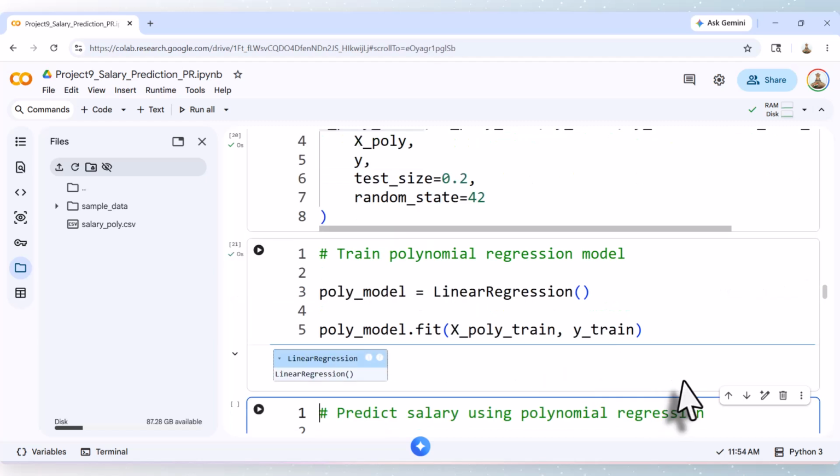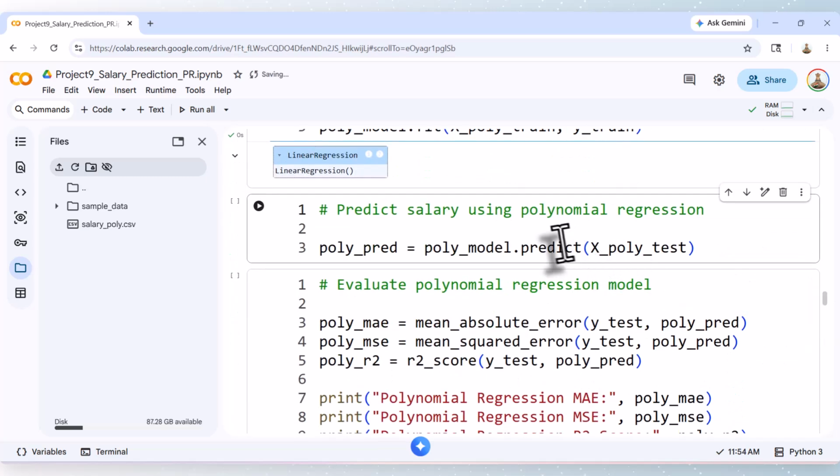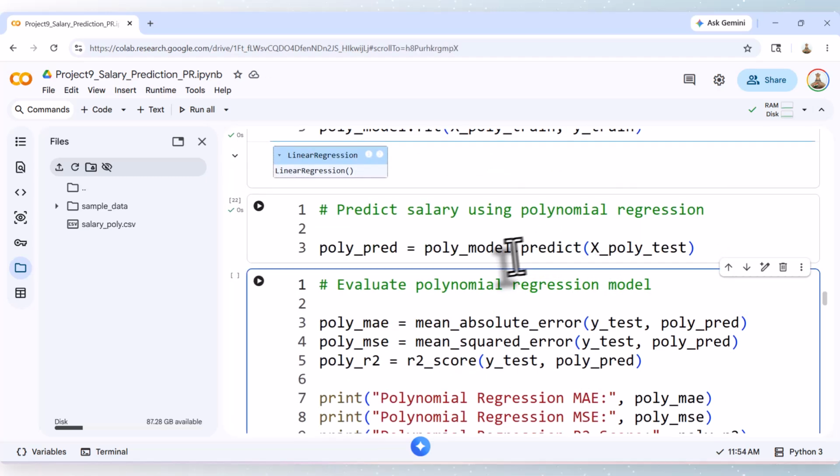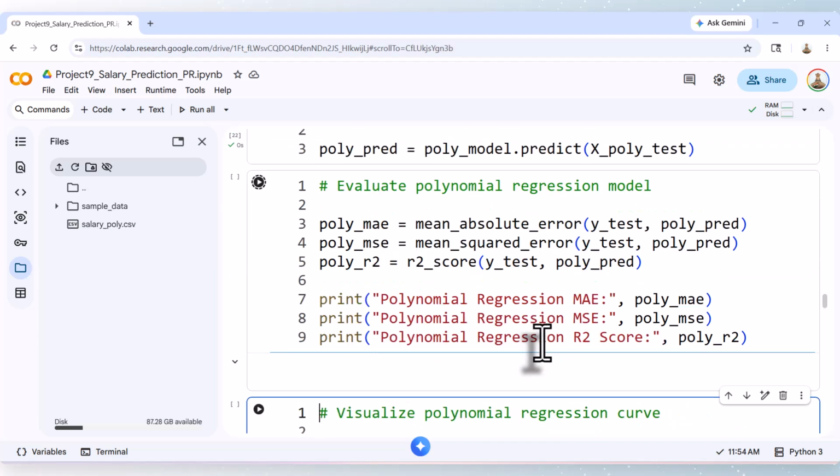Okay, now let us execute this cell. Now the model has trained. Now predict the salary on the X_poly_test. Okay, so poly_model.predict(X_poly_test), I am predicting on this. Now let us compare the